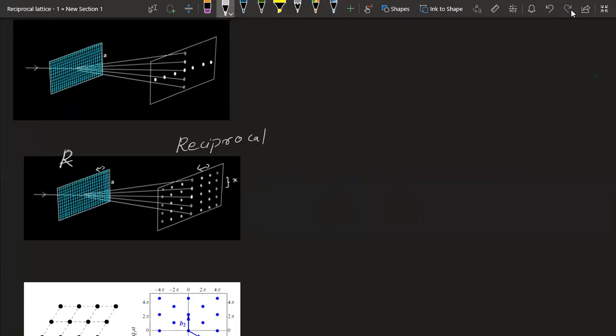And why do we need it? Because you want to measure the separation between atoms and the arrangement of atoms. It is possible to use a microscope, like an electron microscope, but it's not very convenient for getting the structure of the atoms. So it's better to use light that is comparable to the atomic separation. So we use X-rays. The wavelength of X-rays is in the range of the interatomic separation in most cases.